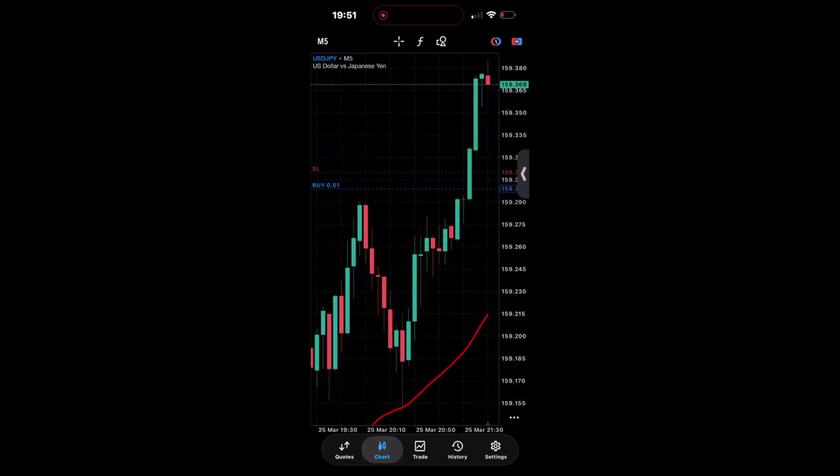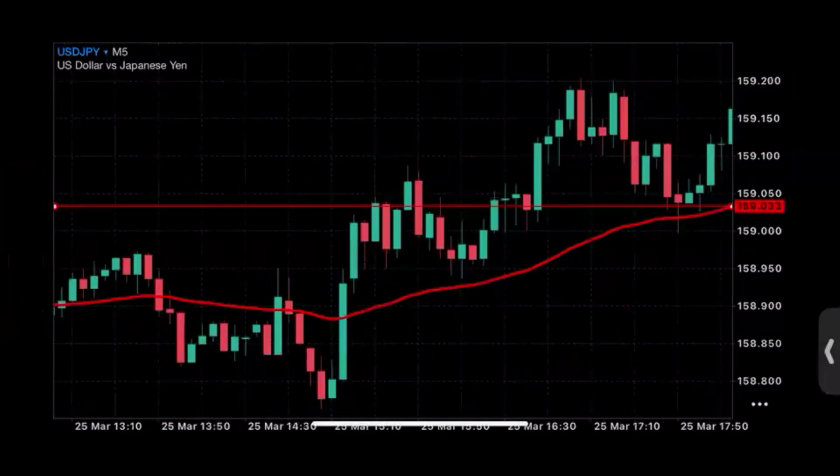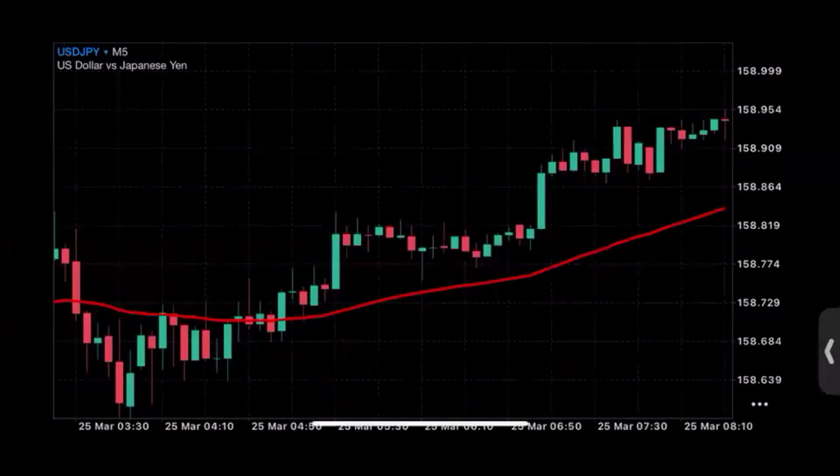Very, very effective. In the case of a sell, all you need to look for is the high. Your stop loss is going to be the high. Your take profit is going to be the next low, and then it just makes it very easy. Let's look for a sell opportunity, a sell position, so I can explain this on the same USDJPY.